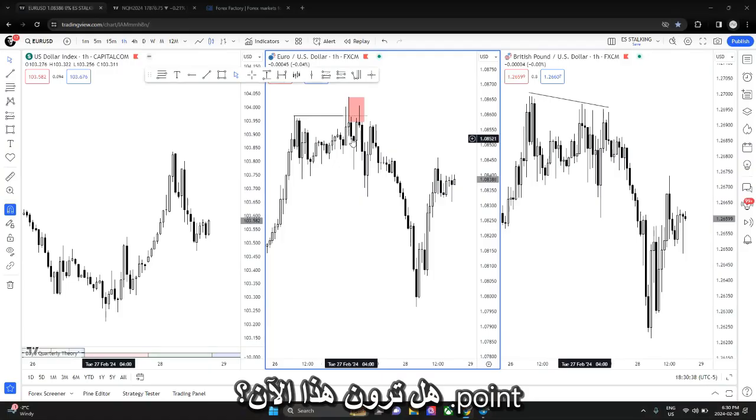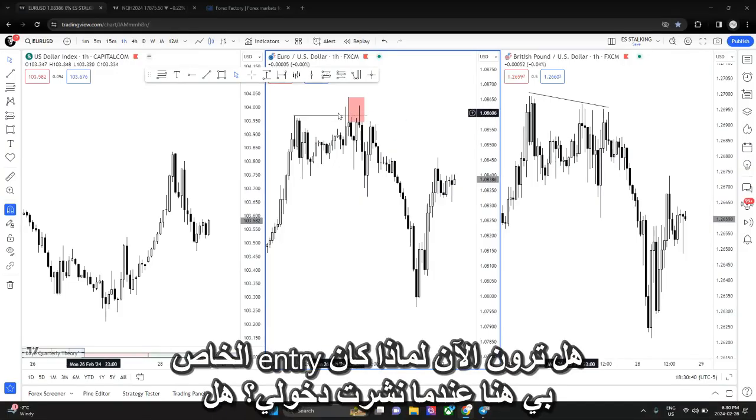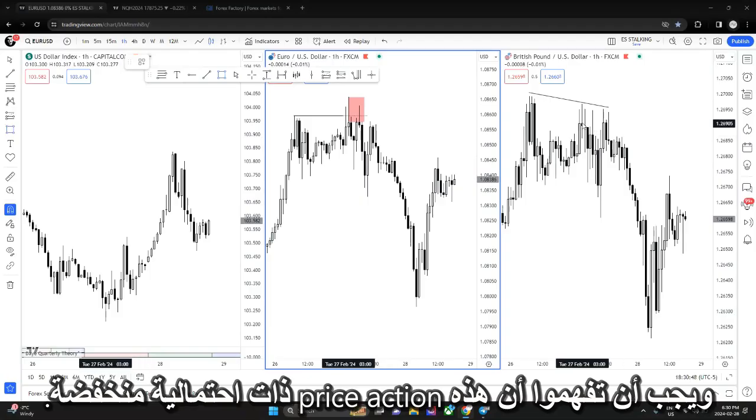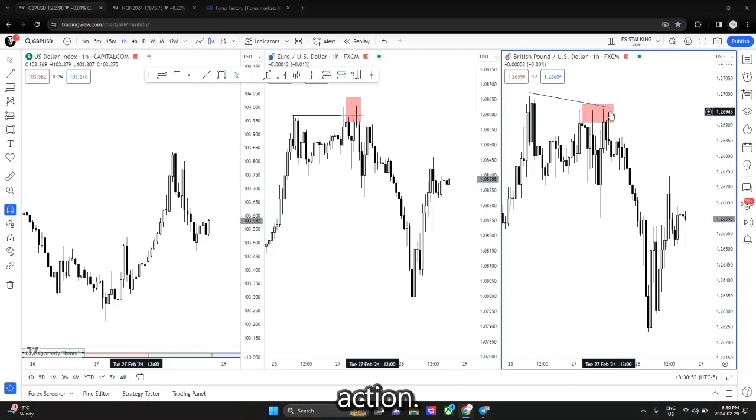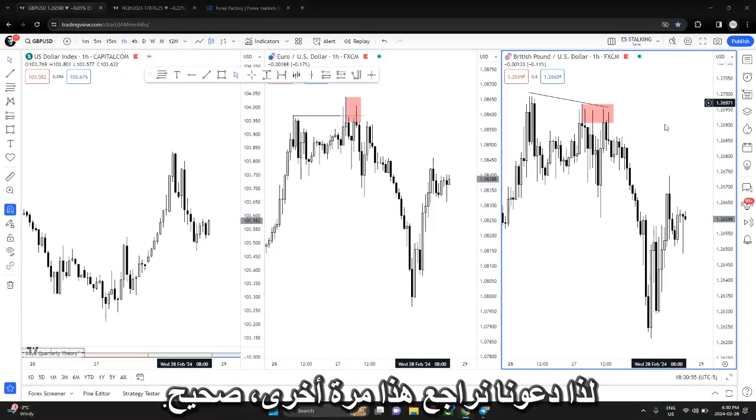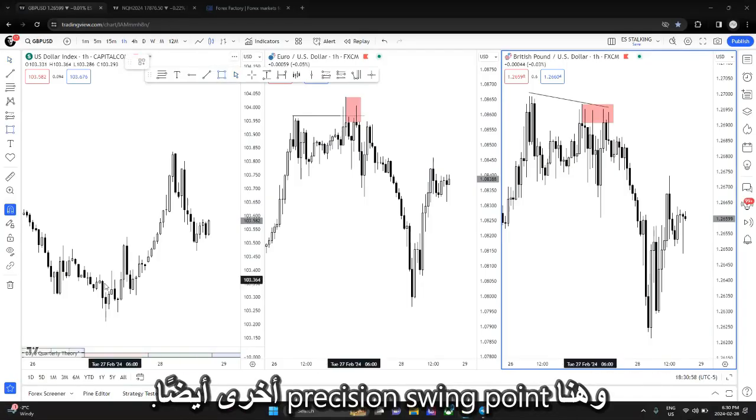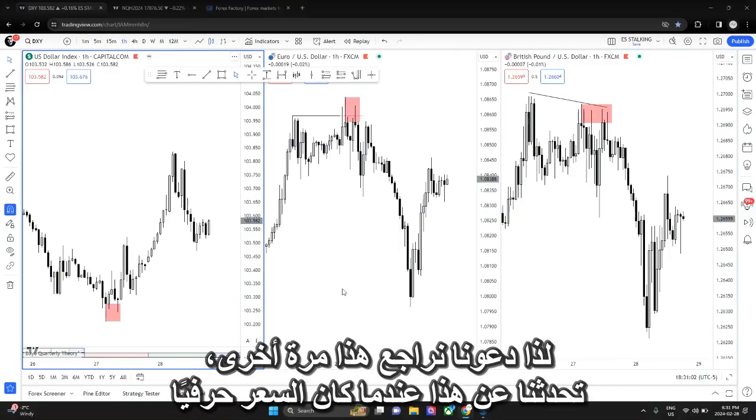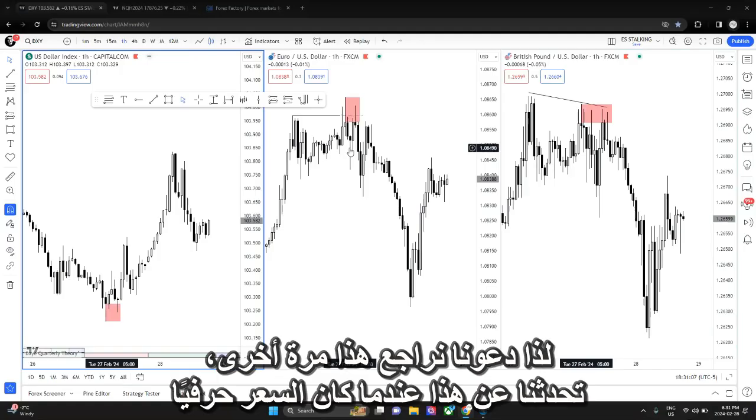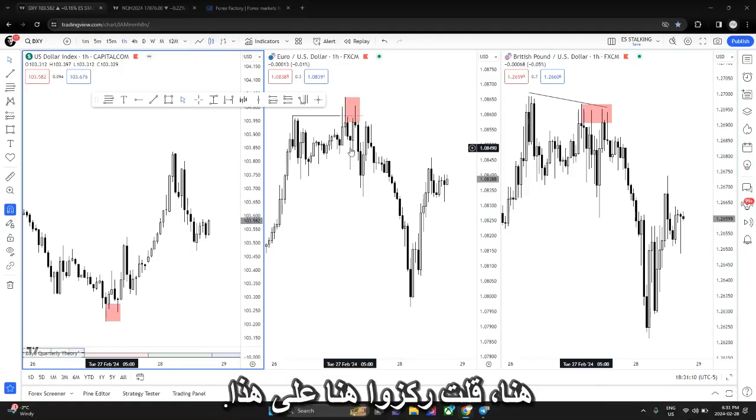Do you see this right now? Do you see why my entry was here when I posted my entry? Do you understand? And you need to understand that this is low probability price action. So let's go over this again, right? And here is another precision swing point here as well. So let's go over this one more time. We talked about this when price was literally here. I said focus here on this